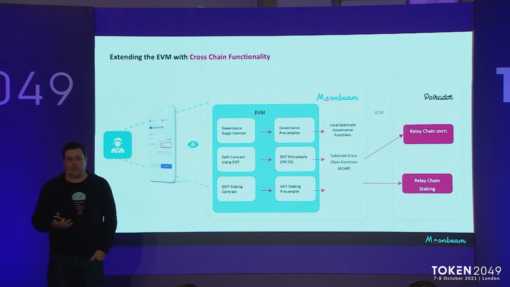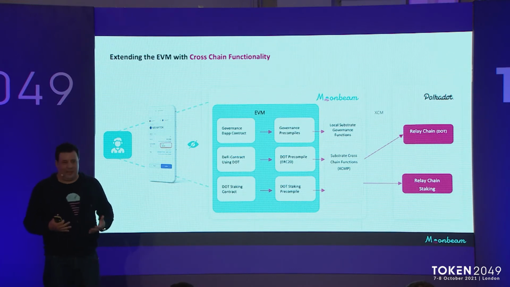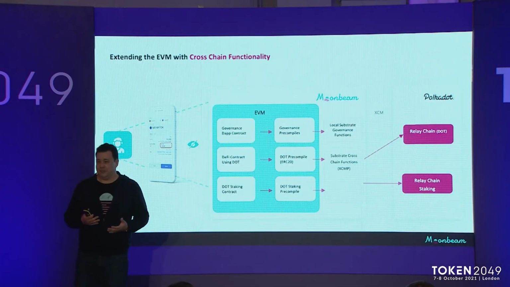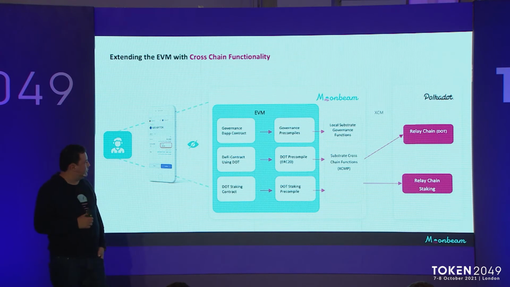Because the relay chain itself, the Polkadot chain itself, doesn't have any developer or smart contract functionality. They have to work with someone like us to get access, either build their own chain or work with someone like us to get access to this functionality. So I think that's a great example of the power of this.